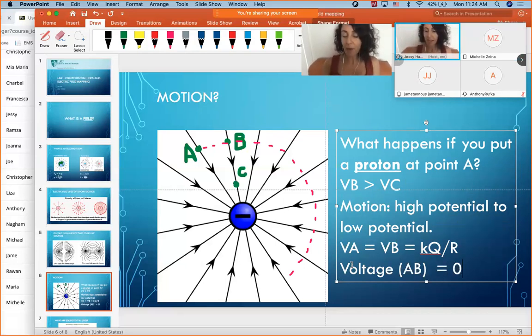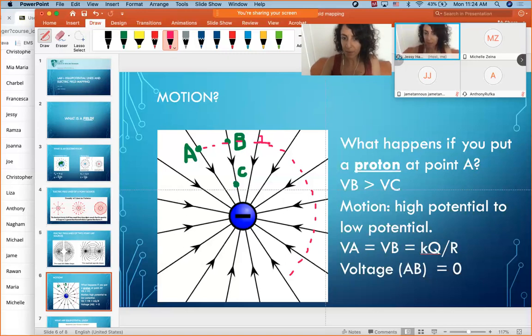All right, now back to the lab. All we have is a voltmeter, and we need to find all the points that would give you a voltage equal to 0. Now, can you think of a relationship between the black lines and the red line? If I give you the red lines, will you be able to deduce the black lines? The answer is they're always perpendicular. The red line is perpendicular to the black line. So in the lab, we're going to find the red line, which is the equipotential line.